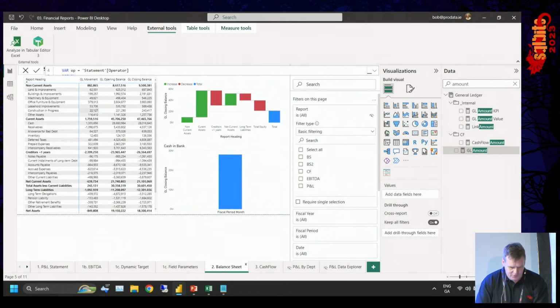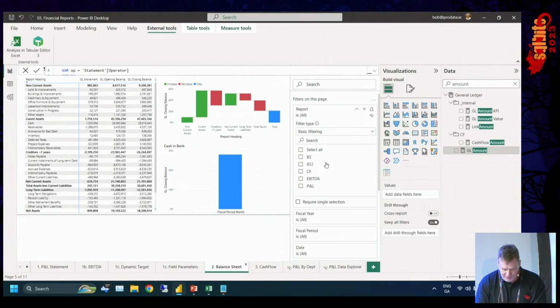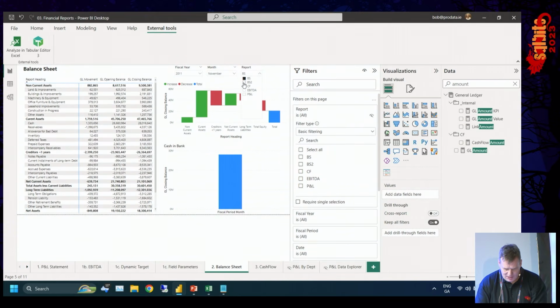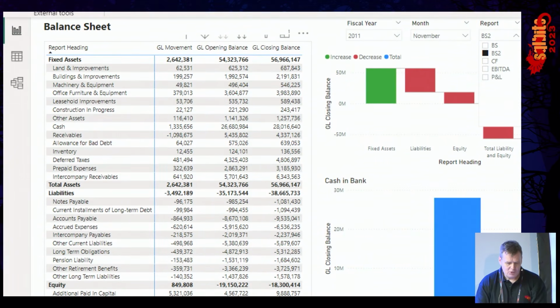You can see I've got this here, non-current assets, current assets. With a flick of a button, I can change that to be, I think I put a slicer on the report here. See this? Change that from the balance sheet to the balance sheet 2. And that's now completely different, but the same kind of figures, it's just presented a different way, right? Now the last